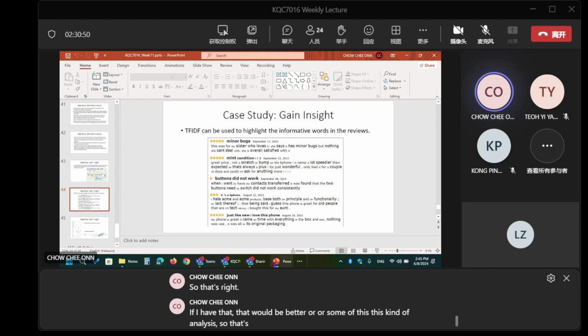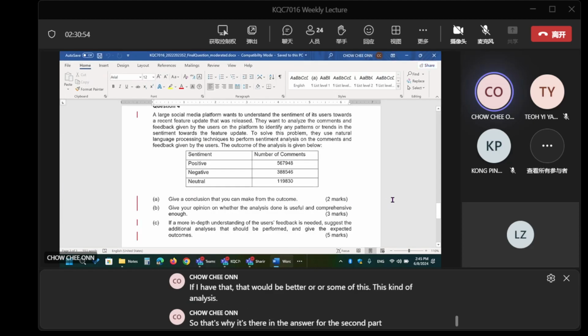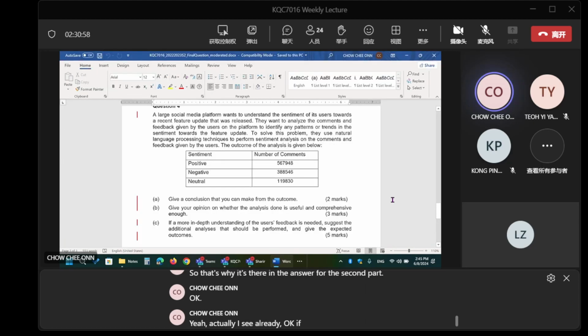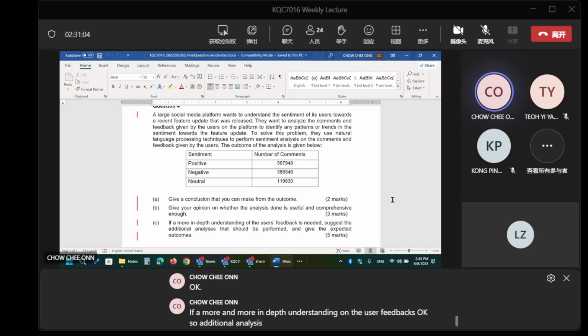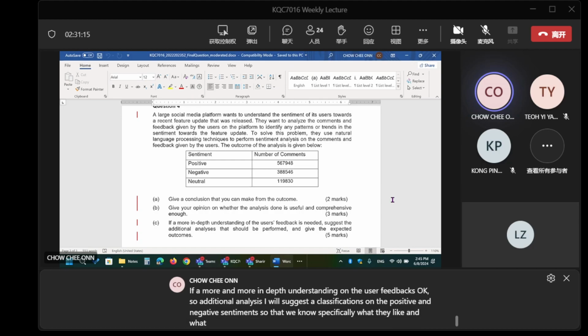So that's there in the answer for the second part. Actually that is C already: a more in-depth understanding of the user feedback. For additional analysis, I would suggest a classification on the positive and negative sentiments, so that we know specifically what they like and dislike about the new release.